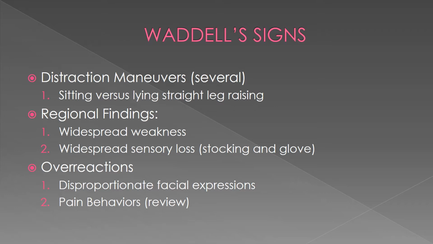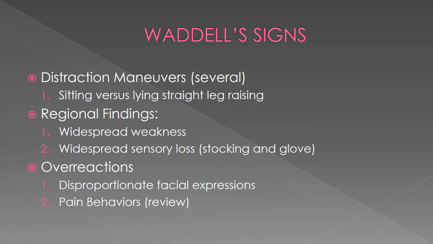And there are many other types of distraction maneuvers, almost really any type of consistency maneuver that you can imagine in your mind can be done in the form of a distraction maneuver. You simply ask the examinee to perform a certain maneuver, and then you go on to several other maneuvers, and then you come around to a same or similar type of maneuver, which in the interim the examinee has become distracted by all the activity, and you simply review these findings for consistency.